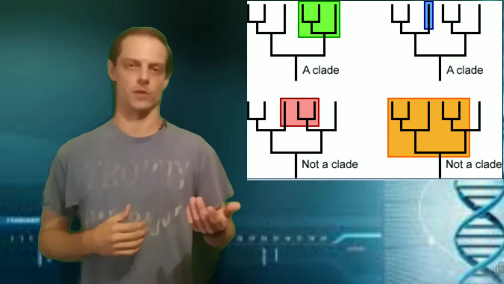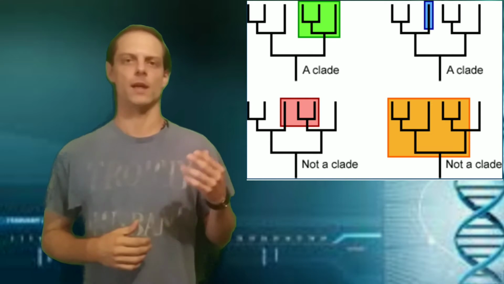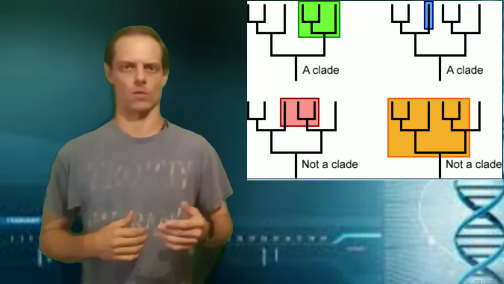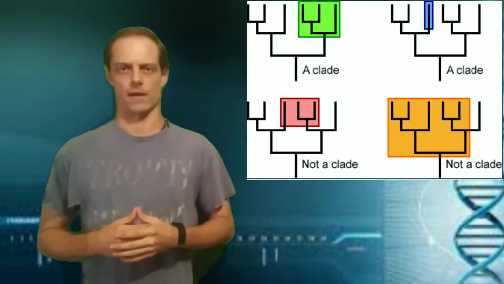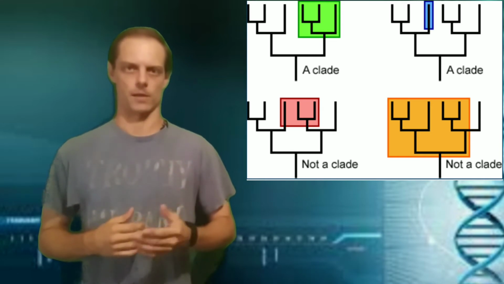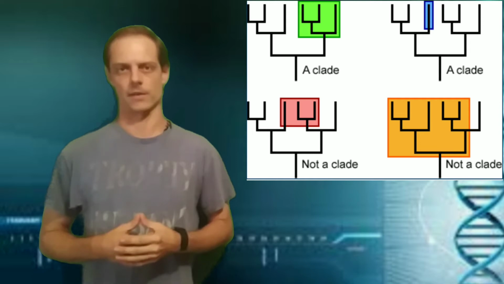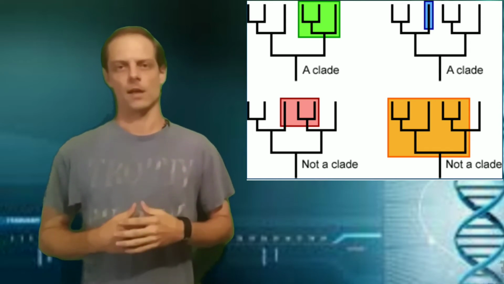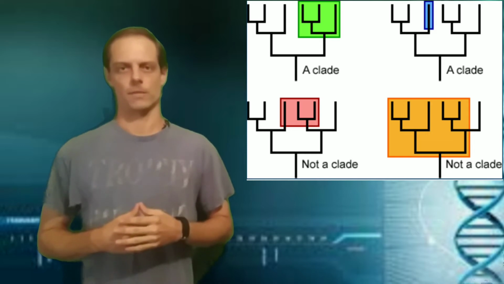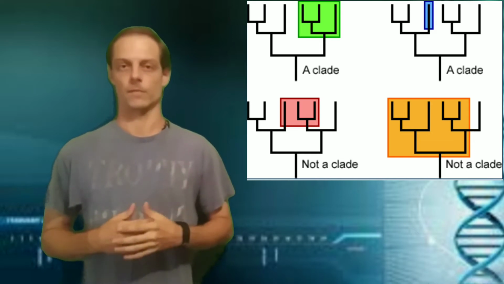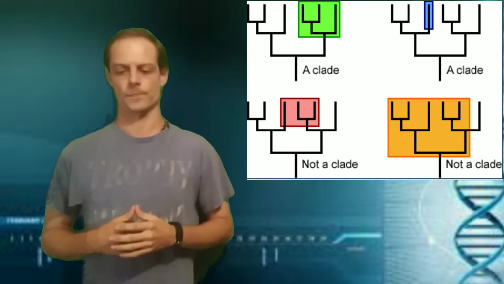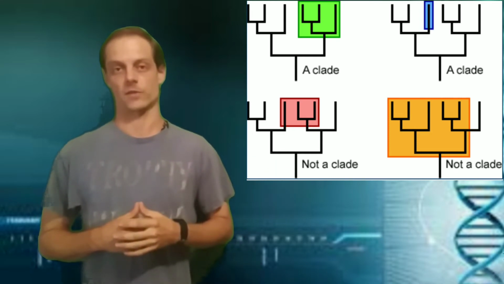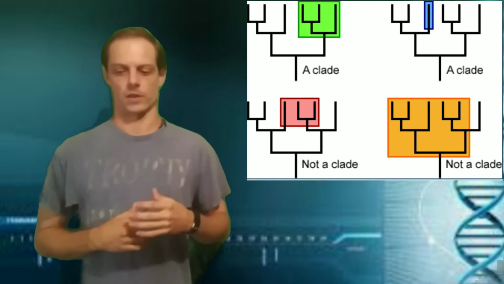Green in this example would denote a relationship between you and two cousins through your mother and her sister or brother, with the root of that family tree being your grandparents. You are all related by common ancestry. The blue clade would be, again, in a family tree example, showing a direct lineage between you and your mother. Again, direct ancestry. Now, the examples in red and orange do not count as clades, either because in the case